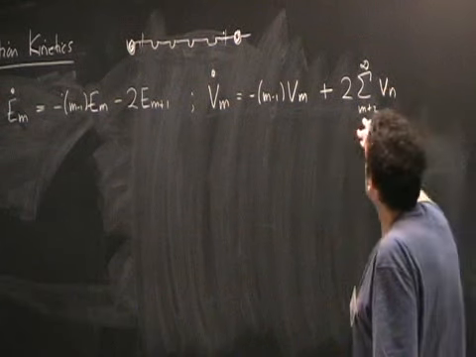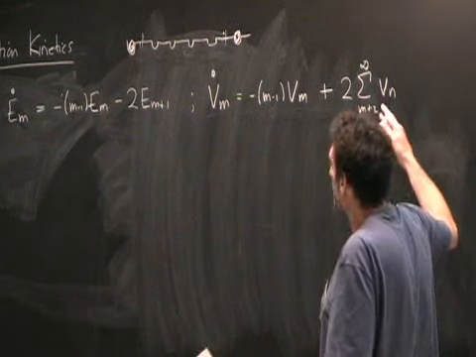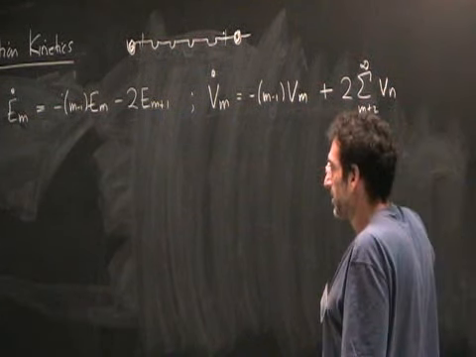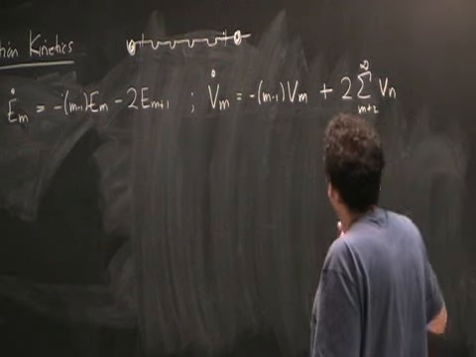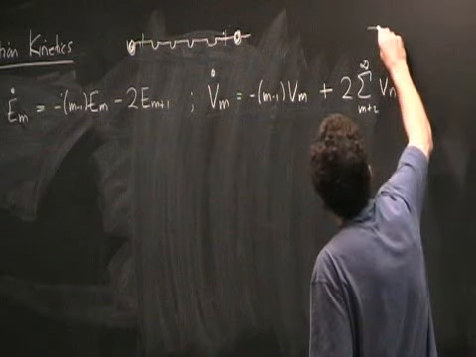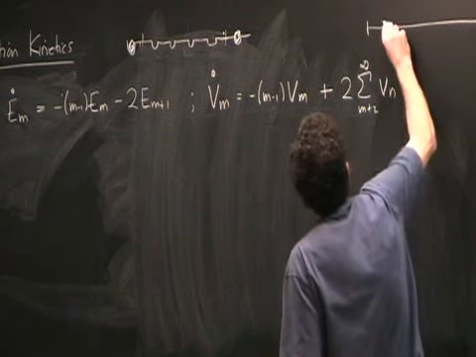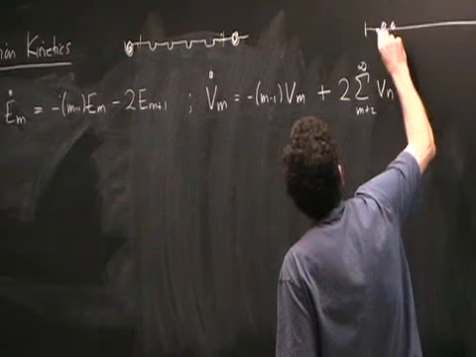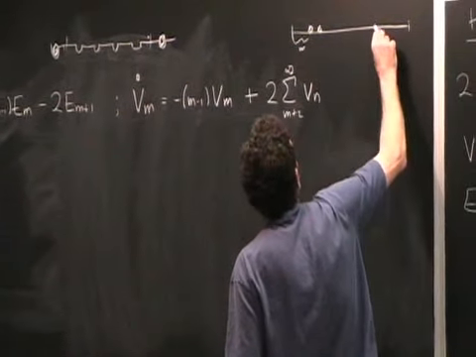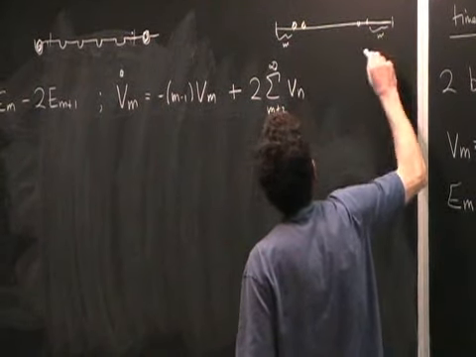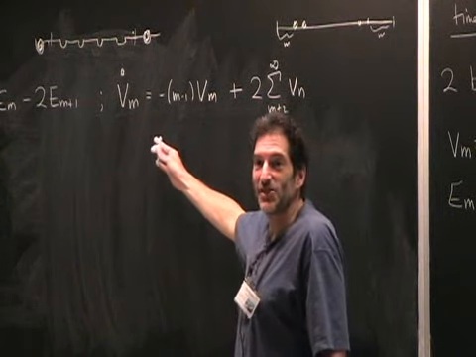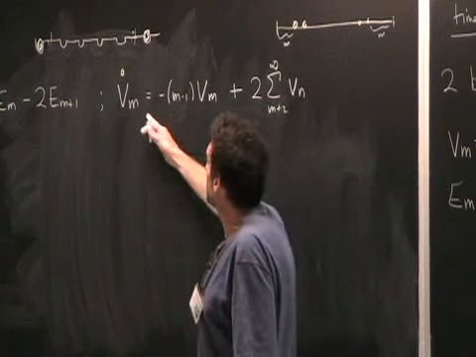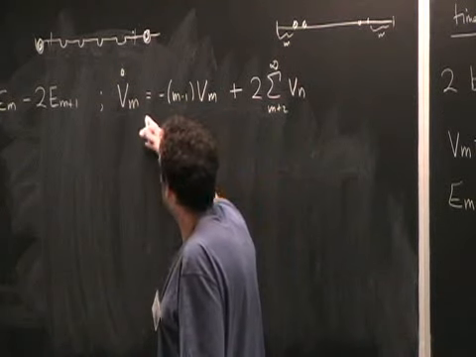So this is a fragmentation term that describes how you take a larger void of length n and cut it by putting a dimer somewhere in the middle, and one of the two voids is of length m. There are two ways of taking a much larger interval. I can put my dimer, say, here and create m on this side, or I can put it over here and create m on that side. So that's why there's a factor 2. I leave it as an exercise for the students to solve the problem using these void densities.